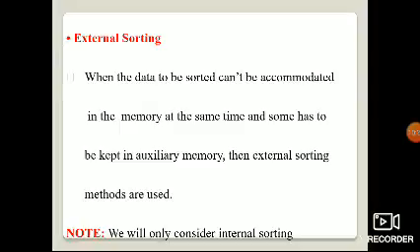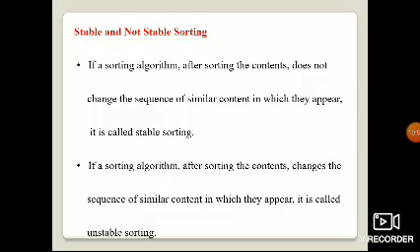Then external sorting methods are used. These are the two methods we follow: internal sorting and external sorting. Internal means within the main memory we can sort at one time. External means we cannot fit it in the same main memory, that's why we take another memory, and some of the content has to be kept in the auxiliary memory.